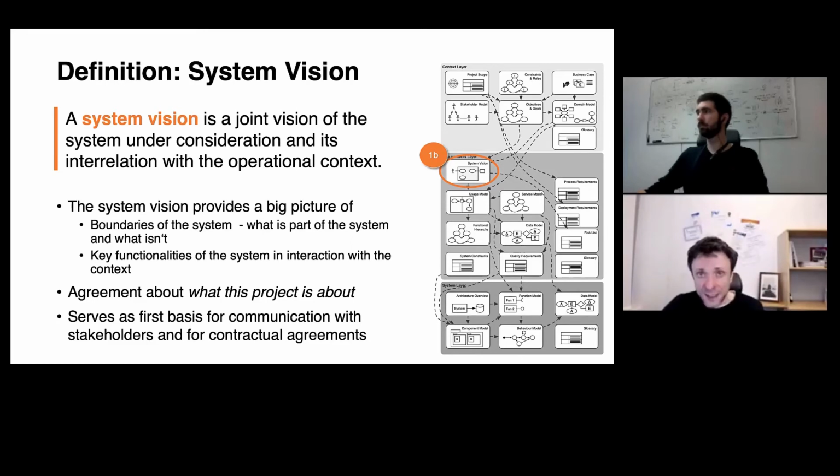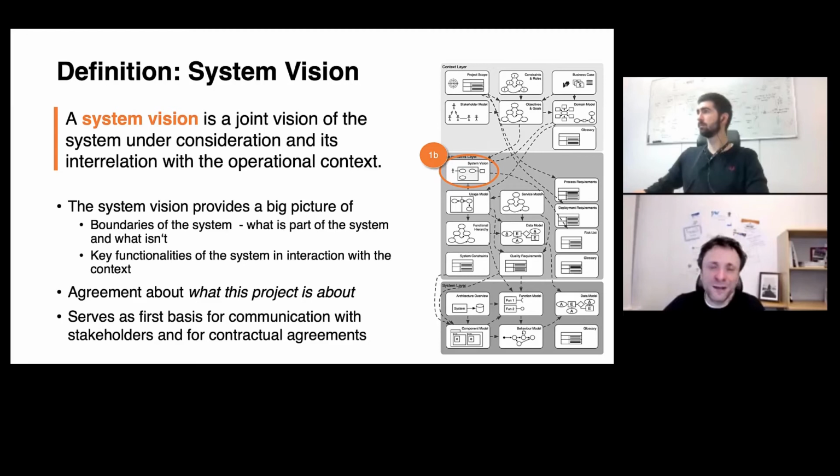Keep in mind, the system vision is the entry point into the software requirement specification and is the ultimate means for communication and scoping. And very often it's part of an agreement and even a legal agreement. So you will find, represented in one way or the other, a system vision as part of the contracts that specify what to do